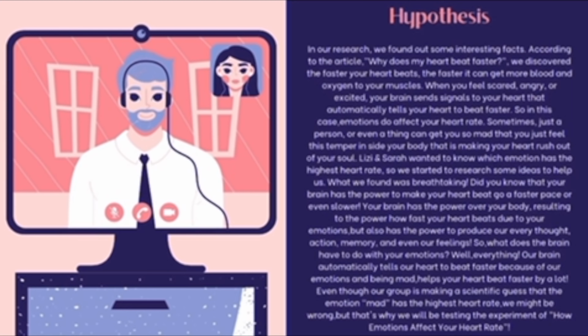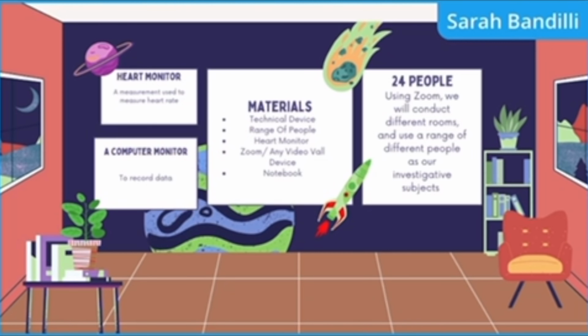So based on all our research and the article that we found, Why Does My Heart Beat Faster?, we hypothesized that depending on the emotion, it will have an impact, and we believe that red, which is anger, will have the biggest impact. Our materials for this experiment are a technical device such as a computer or phone,